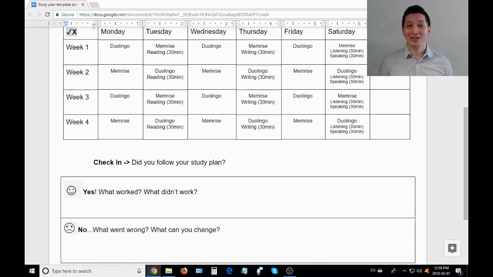Maybe in your study plan, you wrote watch English movies for your listening activity, but then on the bus, you start listening to English music. Just consider that English music a bonus, something extra, and just continue to stick to your study plan. So that's the secret to how you can become fluent in English for free. Without a study plan, you're going to have a really hard time becoming fluent in English. And even if you pay for classes or private teachers, they're just going to make you follow a study plan anyways.